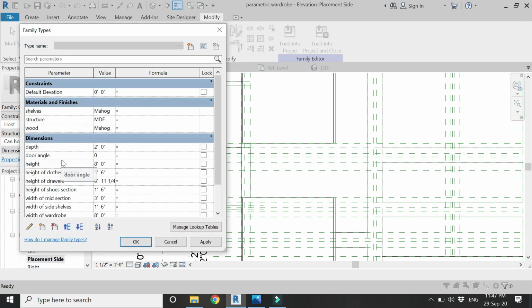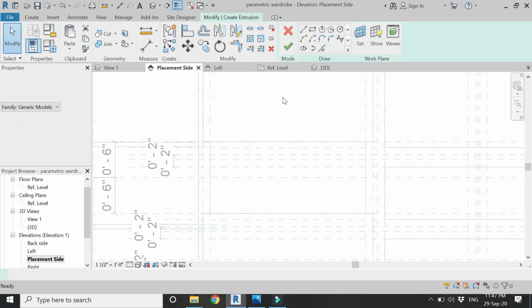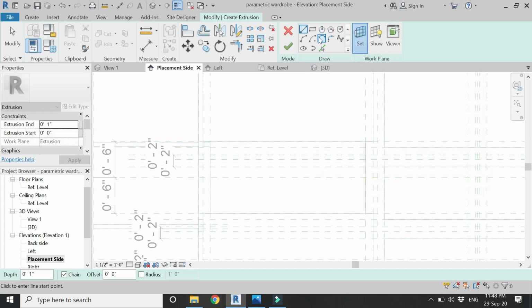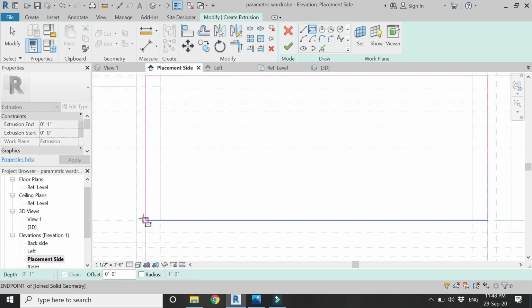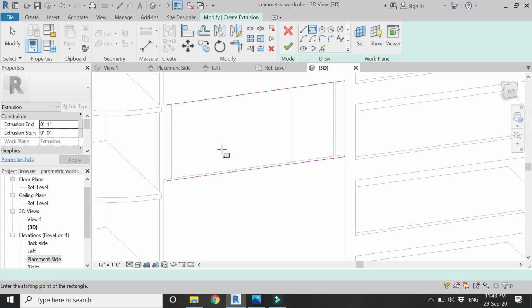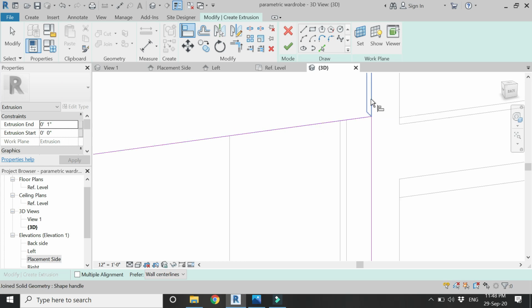By adding the value of 0 degree here, and then select the extrusion command, set the reference plane to this surface of the door, draw the rectangle like this and make sure that you only lock the horizontal lines. Then go to the 3D and then with the help of the line command lock this side of the door with this line